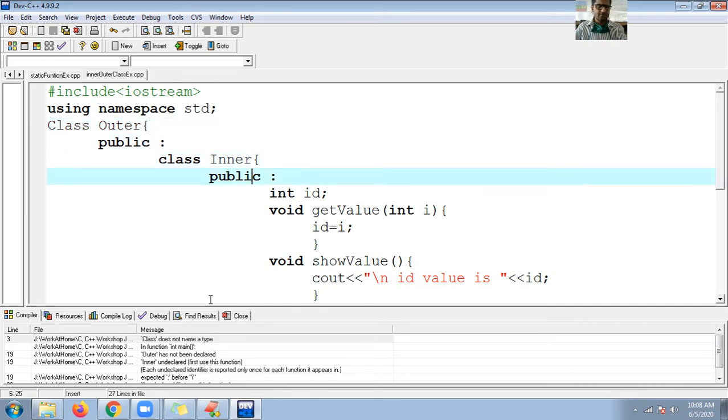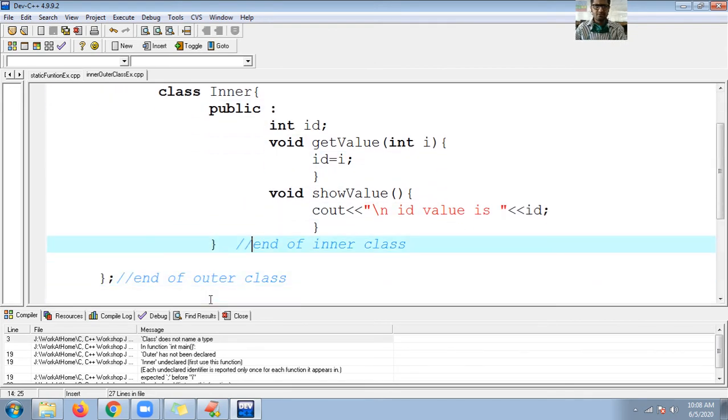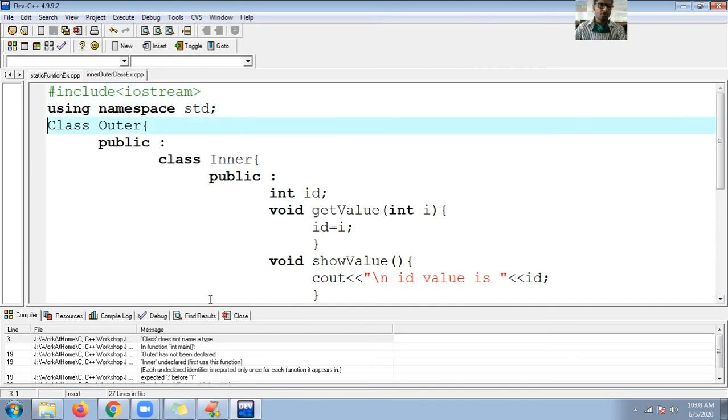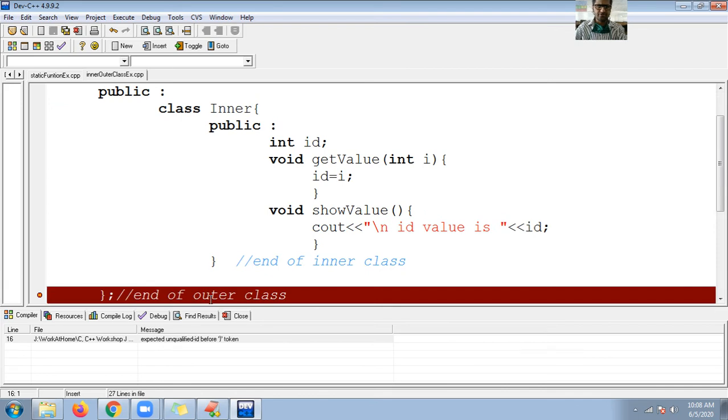So here is public, where did I make the mistake? Oh right, C is a keyword, so keywords are in lowercase. Now this should compile.